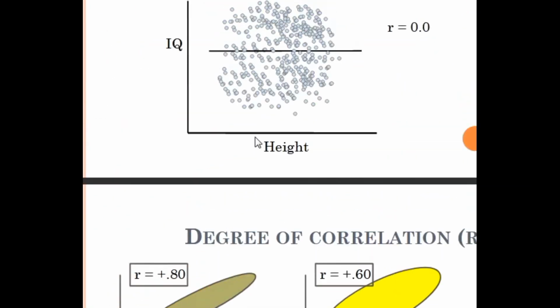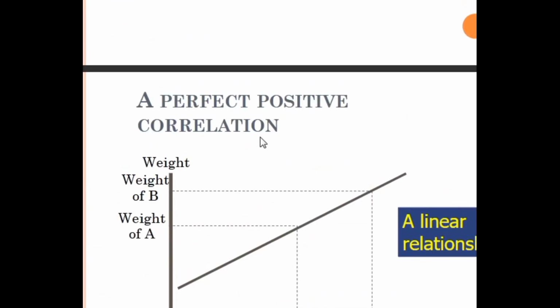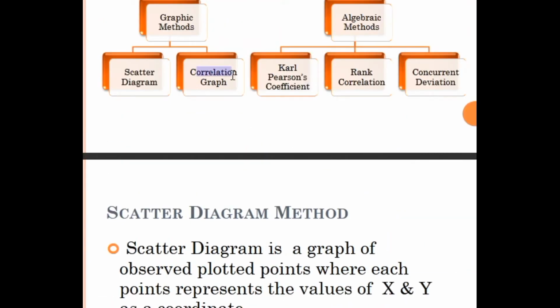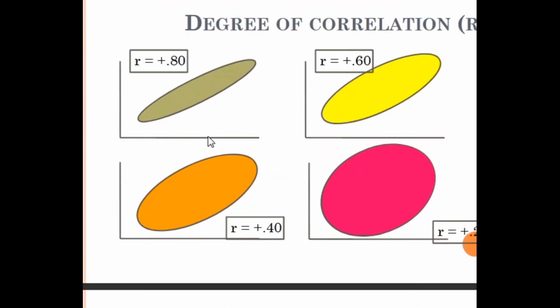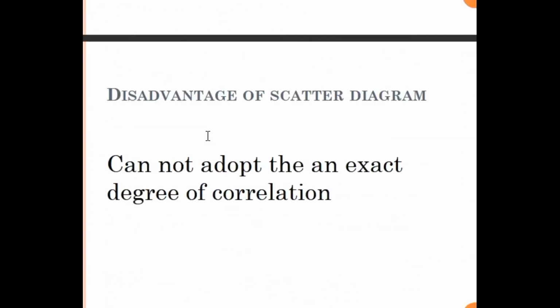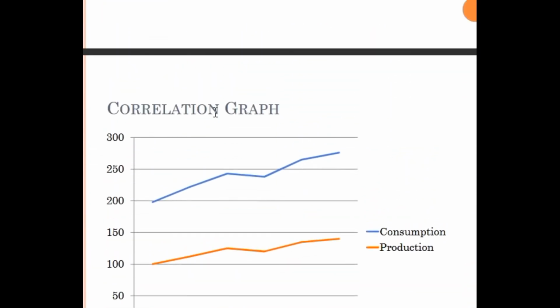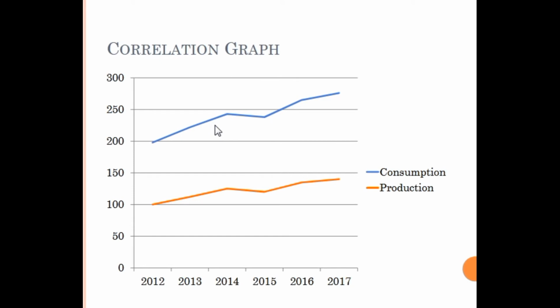I am discussing with you now this method. Which one? The correlation graph method. This one is over now. Correlation graphic method simply means the graphic method, graph method. So what is the graphic method? It is a non-mathematical method to find the correlation. All the observed variables are plotted in the graph sheet and presented, and based on the presentation of the graph sheet values, we find the relationship between two or more variables.